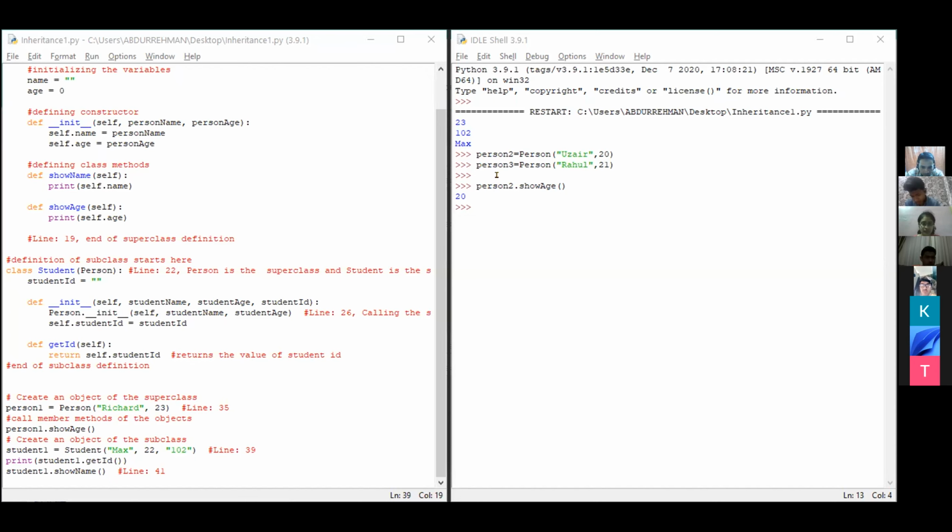Those who got the output of the first program, post it in the chat box, then start sharing. Share your screen, Sakshi.